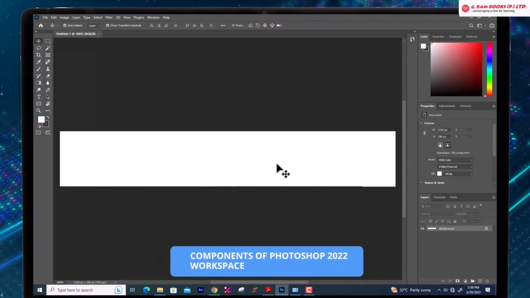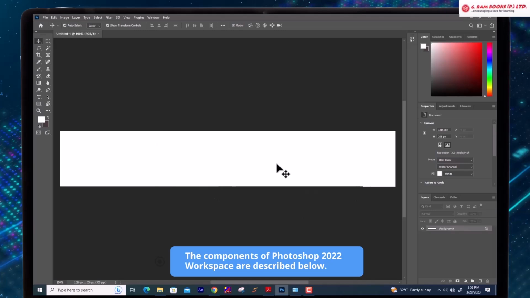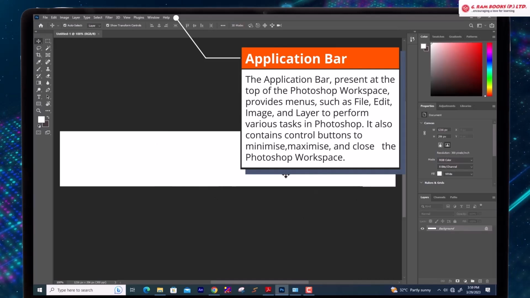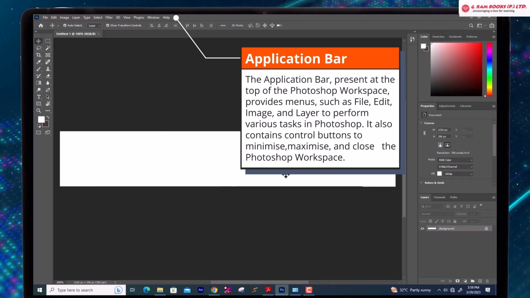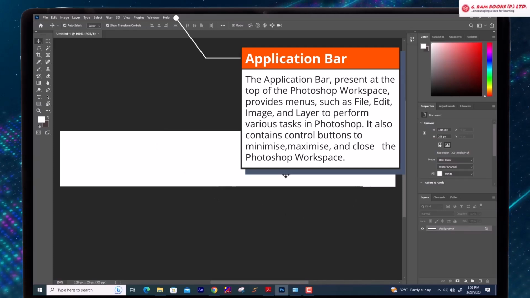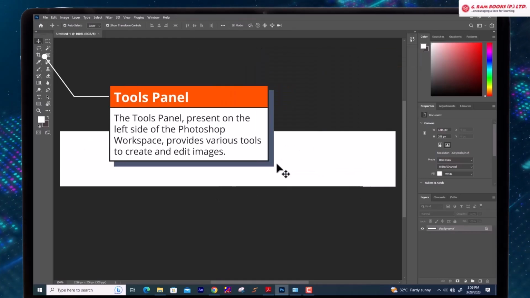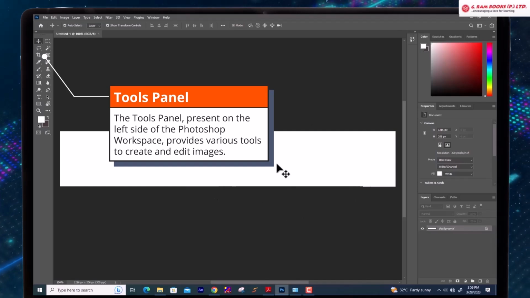Components of Photoshop 2022 Workspace. The components of Photoshop 2022 Workspace are described below. Application bar. The application bar present at the top of the Photoshop Workspace provides menus such as File, Edit, Image, and Layer to perform various tasks in Photoshop. It also contains control buttons to minimize, maximize, and close the Photoshop Workspace. Tools panel. The Tools panel present on the left side of the Photoshop Workspace provides various tools to create and